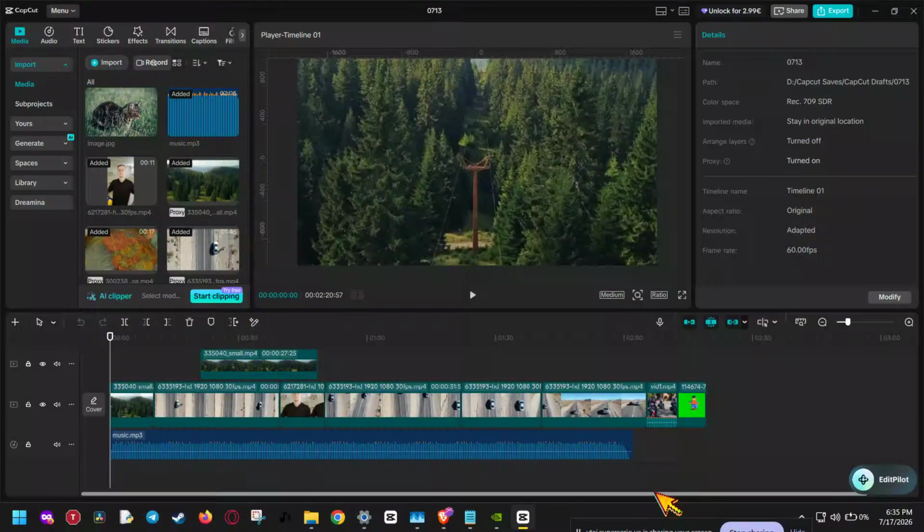If CapCut Desktop is giving you errors, freezing, crashing, or refusing to open properly, this video will walk you through the fastest fixes step by step. We're going to clear corrupted cache, adjust compatibility settings, and turn off hardware acceleration if needed. These fixes are simple, safe, and they can solve a lot of common CapCut Desktop problems without affecting your actual